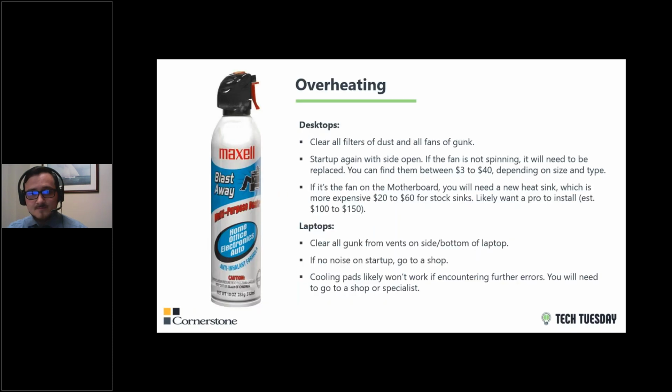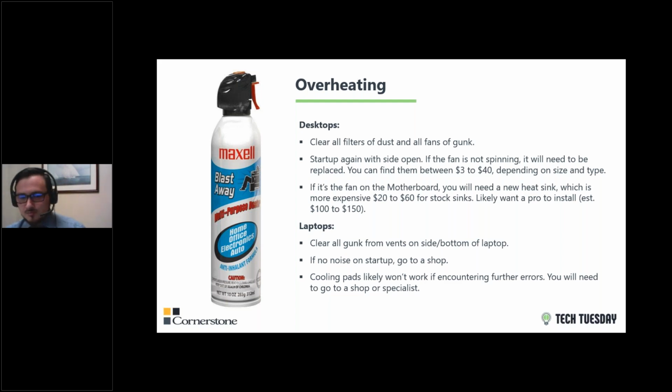All you need is a can of air, like the one on the left. They cost normally $30 to $40, depending on the pack that you get and how big they are, but a $3 can from the hardware store down the street should do the trick. What you'll want to do is put the little nozzle in there and spray it all over the inside of the intake vents that you saw there. Once you do that, make sure all the dust is cleared away. You could probably start it up again and be just fine.